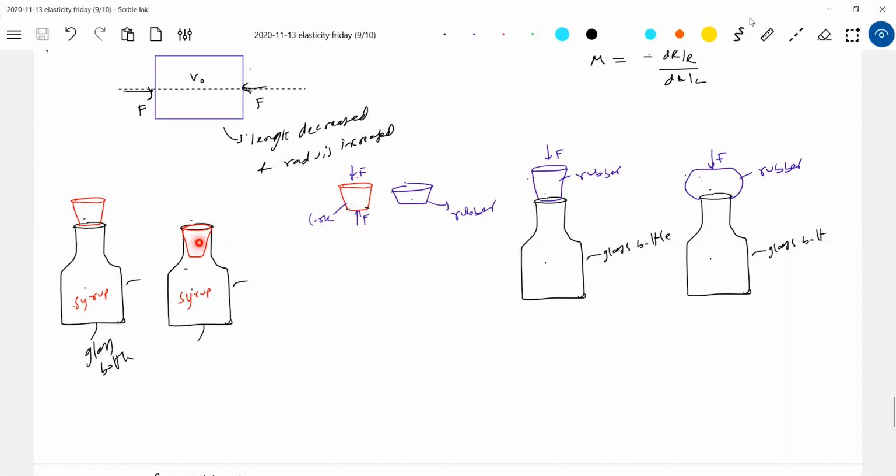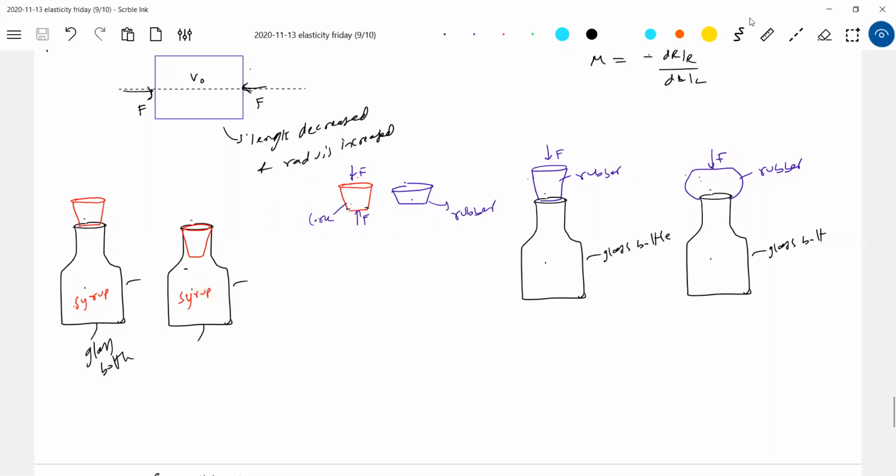The radius of this cork will be slightly greater than that of the bottle neck. Now it will be held tight. The side walls will exert a force. So if you want to pull it, there'll be friction, so you should really pull very hard. Like that, I can preserve the liquids in the glass bottle. All of you got the idea, no?